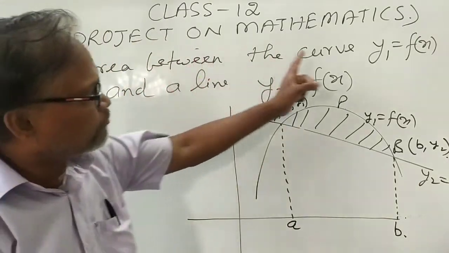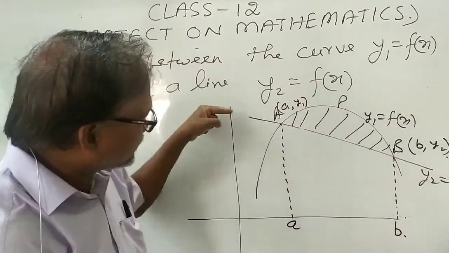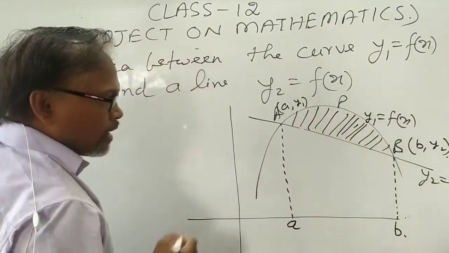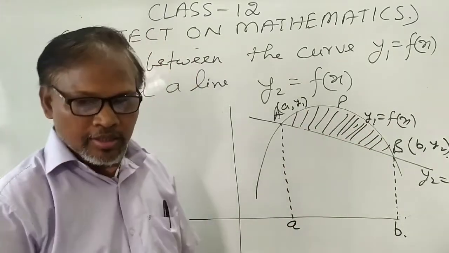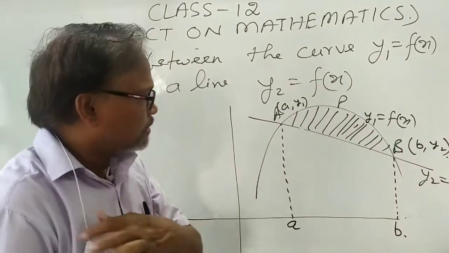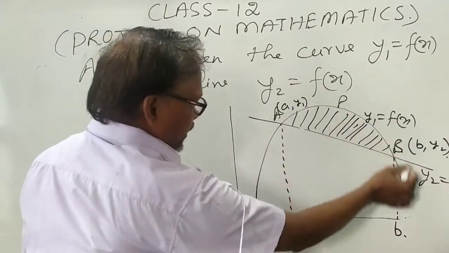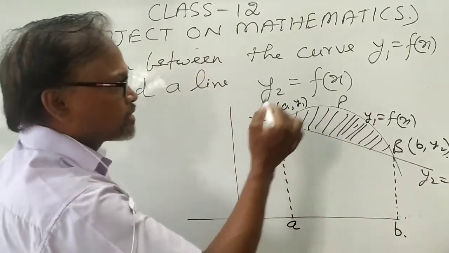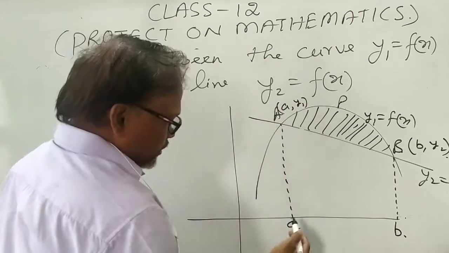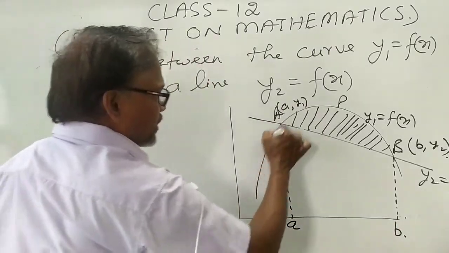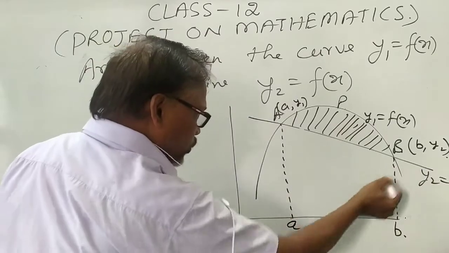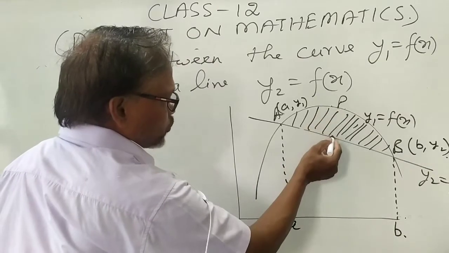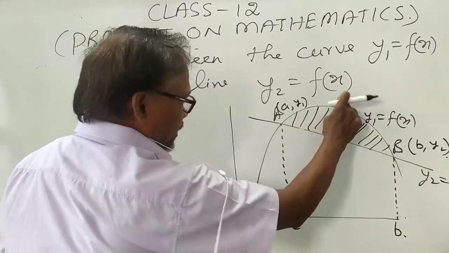तो ये अब हमको कर्व किसके बीच में एरिया निकालना है. You have to find the area between the curve and the line, it means only this shaded part. How to find the area? In this case, if you take this curve and the limit a to b, just now I have told you that area is equal to integral a to b f(x) dx, तो a to b अगर हम लेते हैं और ये कर्व लेते हैं तो we will get the area of the whole part, but we have to find only the area between this line and the curve.